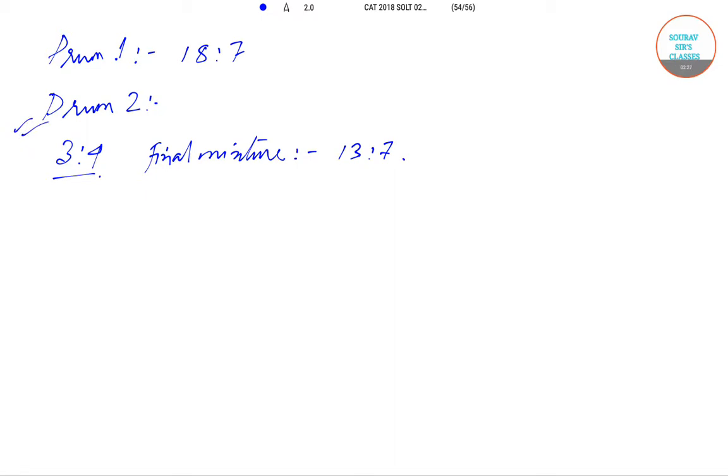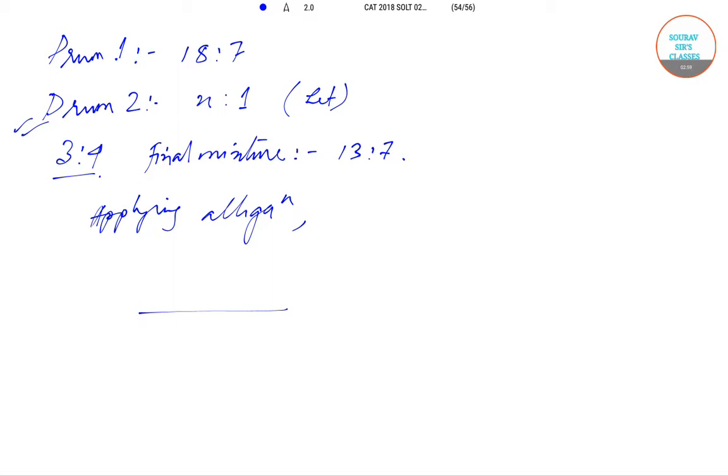drum 2. So what we'll try to do is, let us suppose that the ratio of paint A and paint B in drum 2 is x:1. This is an assumption. So now, if we apply the process of alligation, applying alligation, we get that